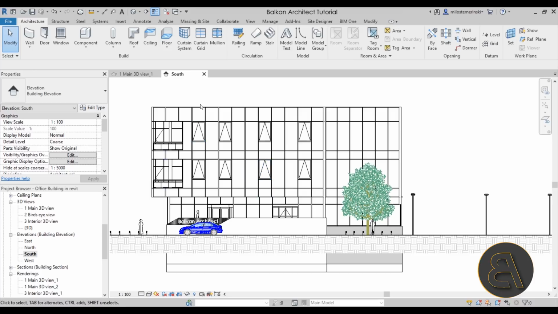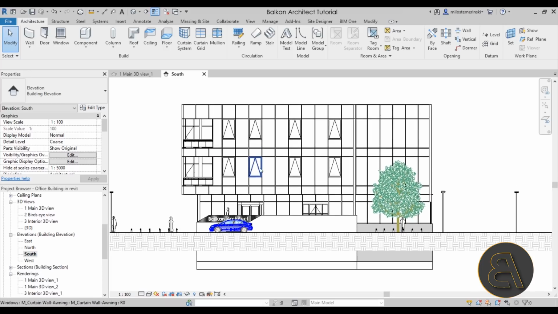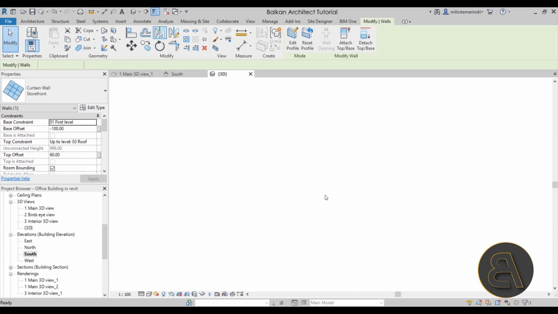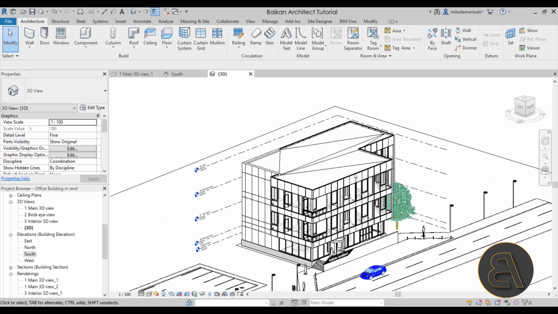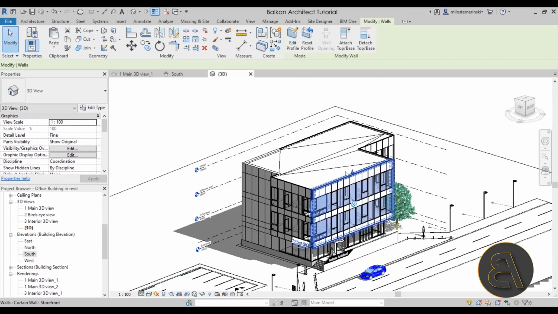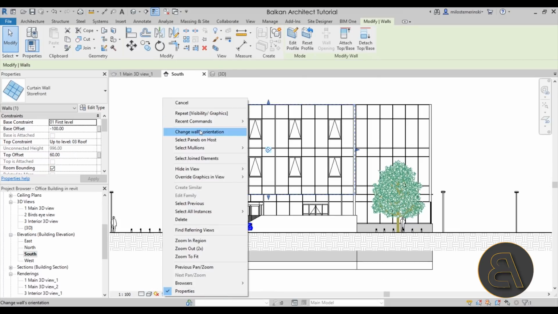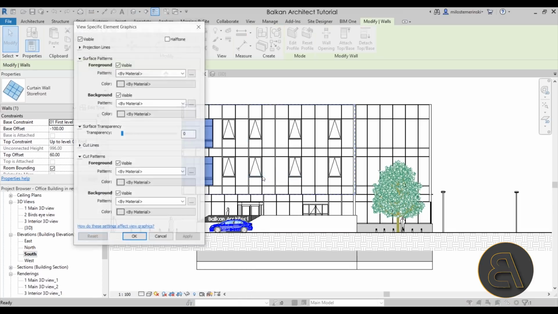So let's explore that. Basically what you want to do is select each panel of glass and make it transparent. Now you can override elements by just selecting them, like selecting this whole wall, for example. And then when you select the wall, let's see which wall is that. Let's see, like this. So for example, select that first wall. Yeah, so when you select it, you can right click, Override Graphics in View by Element, and then here you